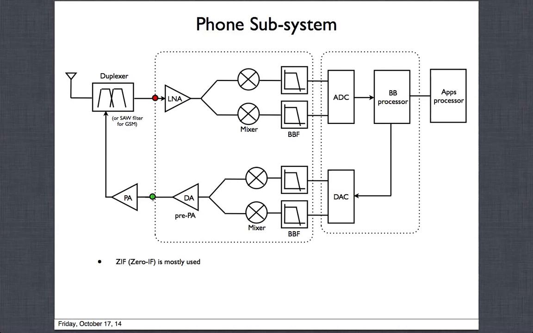Whenever we transmit, we are not receiving, so we are not worried about this path at all. So transmit will go straight, or based on how complicated the reference design is, will go through some switches to the antenna. Okay, so it transmits directly to the antenna. Receiving, it will come and go through the SAW filter and then hit the receiver chain here. Okay, so these are the components here first.